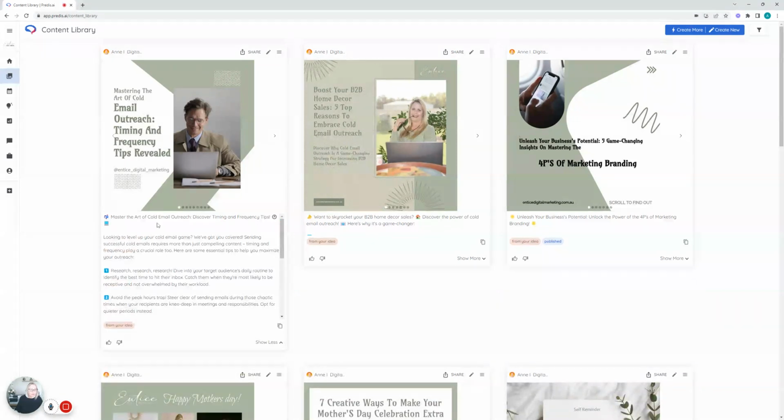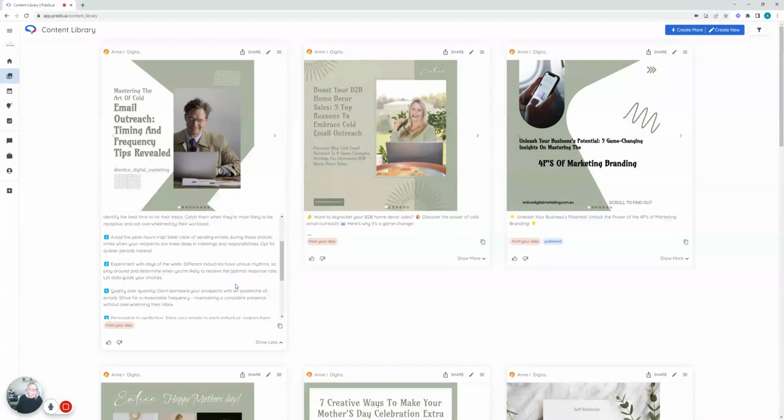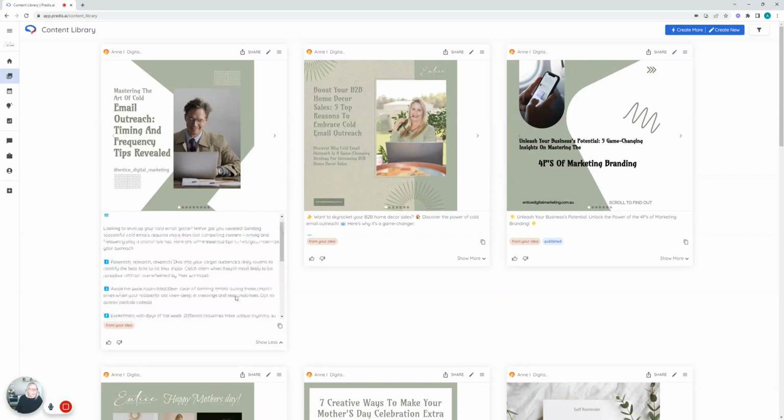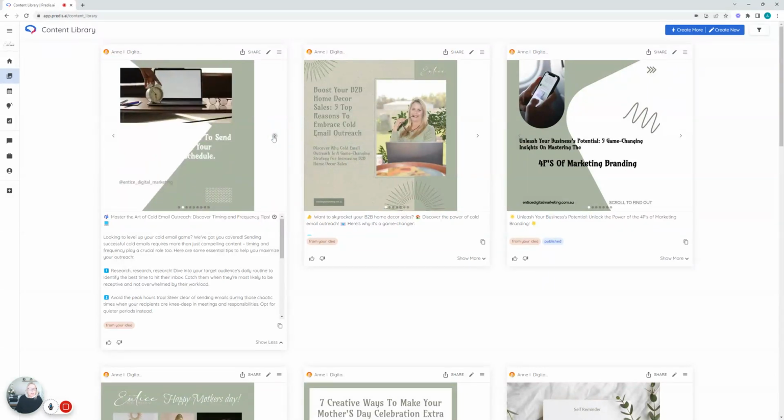So master the art of cold email outreach, discover timing and frequency tips, research, dive into your target audience, daily routine, identify the best time to hit their inbox. So it's giving me 5, 6, 7 different posts, pages of my carousel. So I can then click through to have a look at how it's